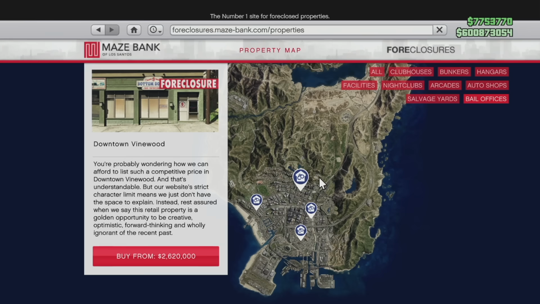Our next property is the most expensive, downtown Vinewood. You're probably wondering how we can afford to list such a competitive price in downtown Vinewood, and that's understandable. But our website's strict character limit means we just don't have the space to explain. Instead, rest assured when we say this retail property is a golden opportunity to be creative, optimistic, forward-thinking, and wholly ignorant of the recent past. This location is available for